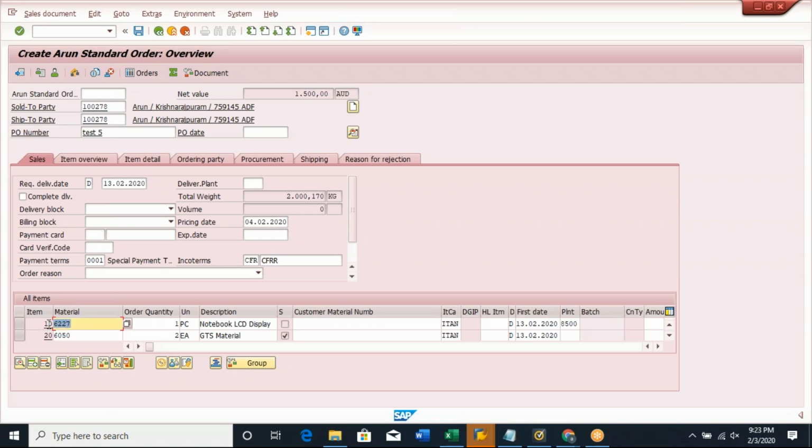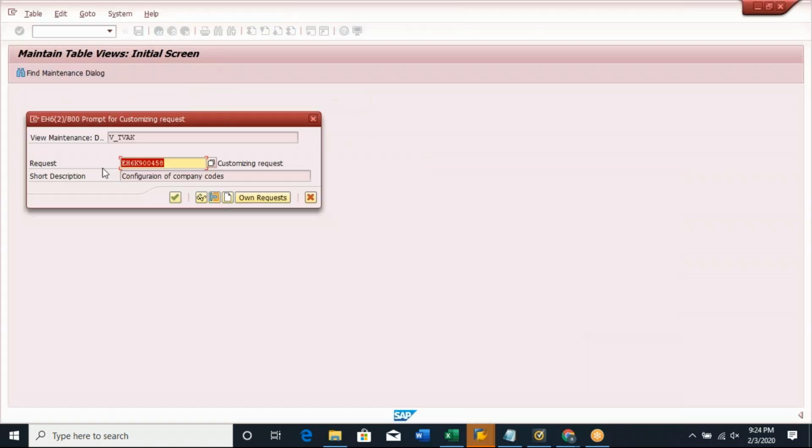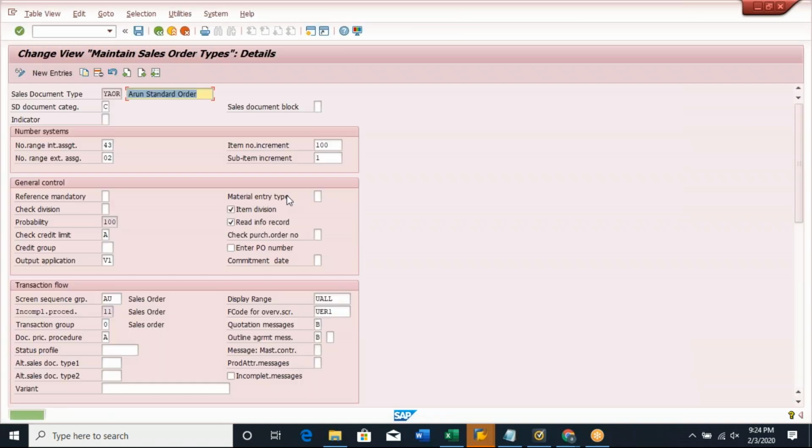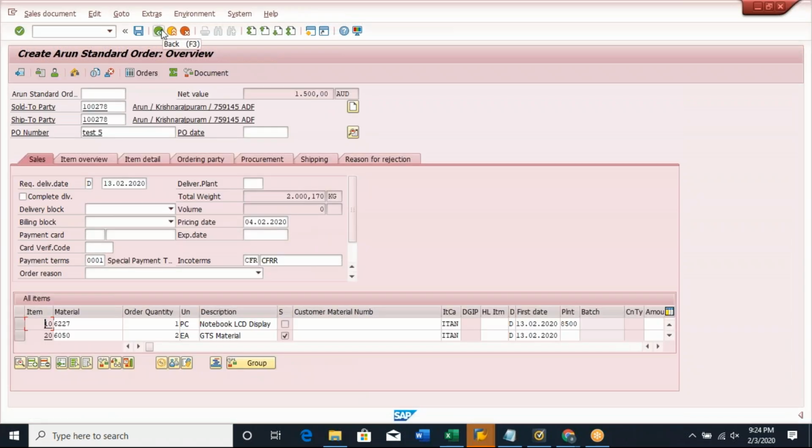okay. Now the item number is incremented by 10, 20, right? Okay. Now I'm changing the configuration. Previously, since it was 10, it was increasing the item number by 10, 20. Now what I did, I put 100. Okay. If I go back,